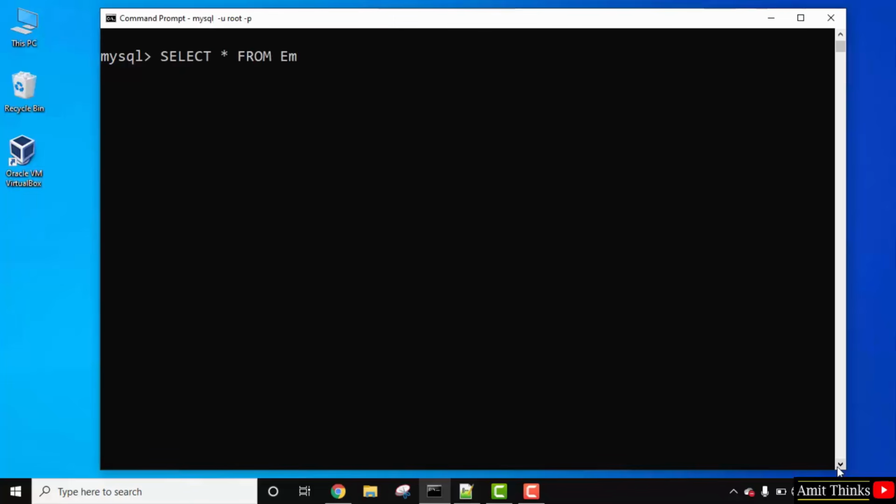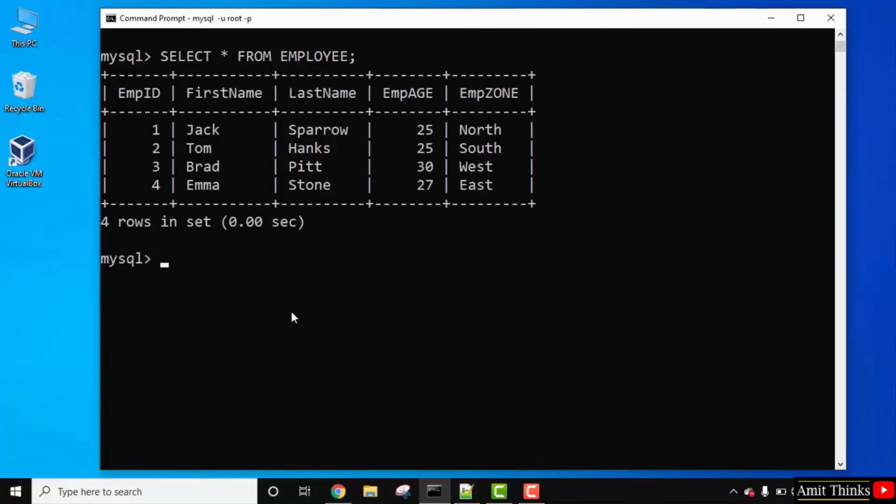Select star from employee. Our table name is employee. Now semicolon and press enter. On pressing enter, you can see the employee table is having 5 columns and 4 row records. Now let's say we need to remove